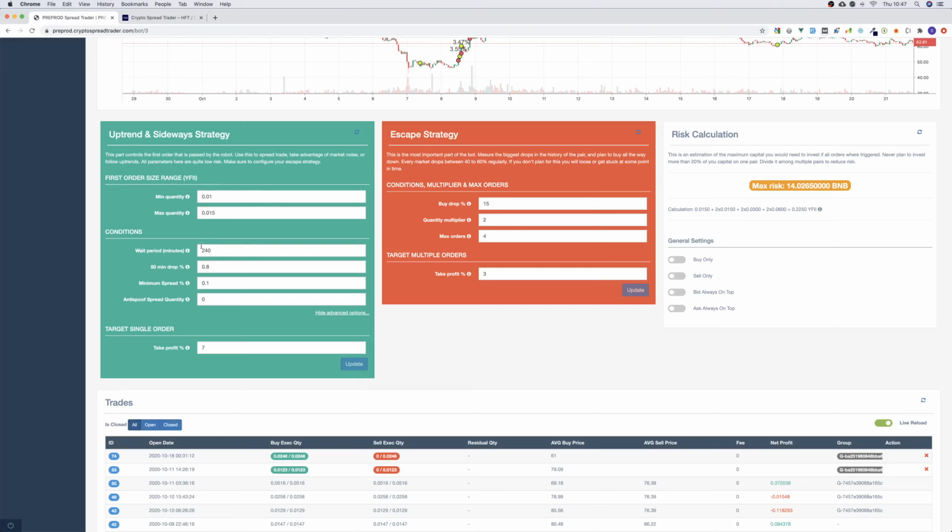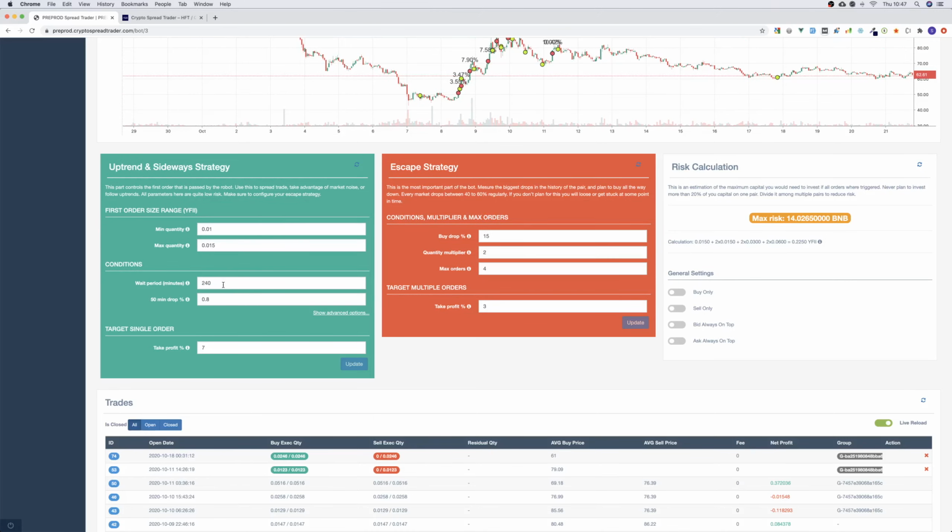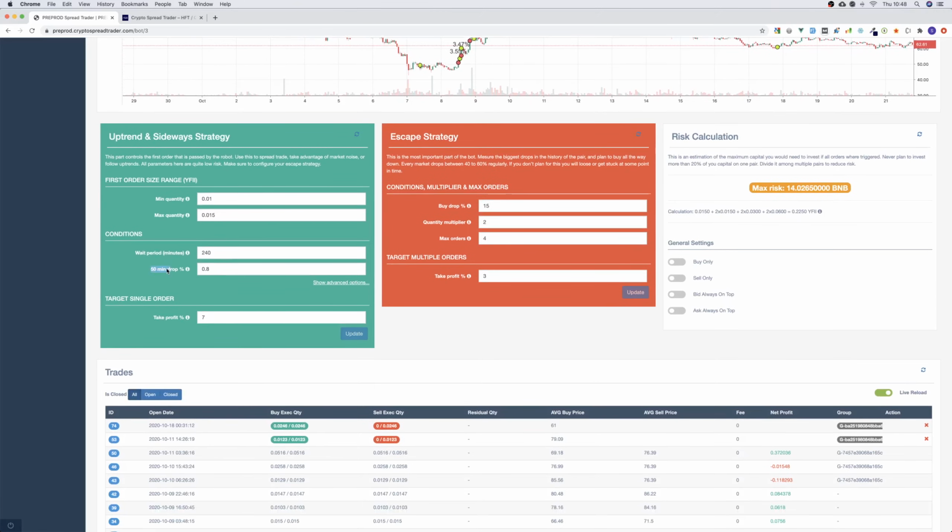Then you have your wait period. The bot will wait this amount of minutes after the last trade was closed, so sold, and you're out of position. Once you're out of position, it will wait, in this case, 240 minutes before trying to trigger another trade, another buy order, I mean. You have a 50-minute drop percent, which is a condition. It will wait for the price to drop below